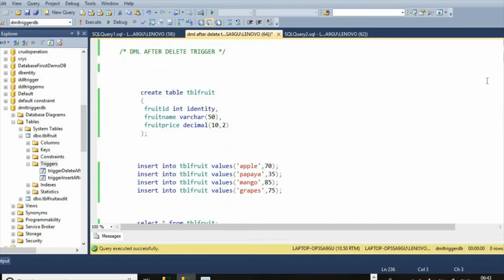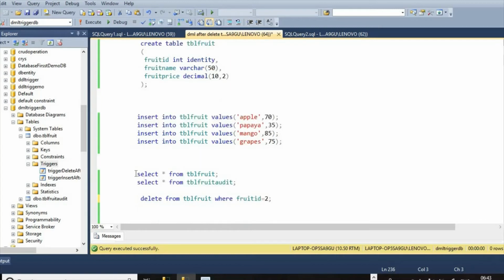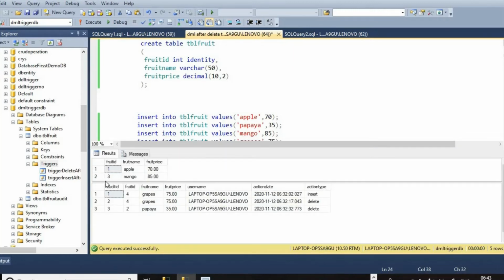Now if we try to delete any record, if we try to delete mango,